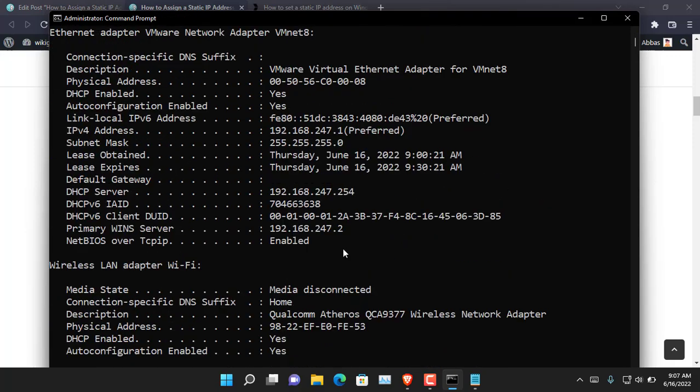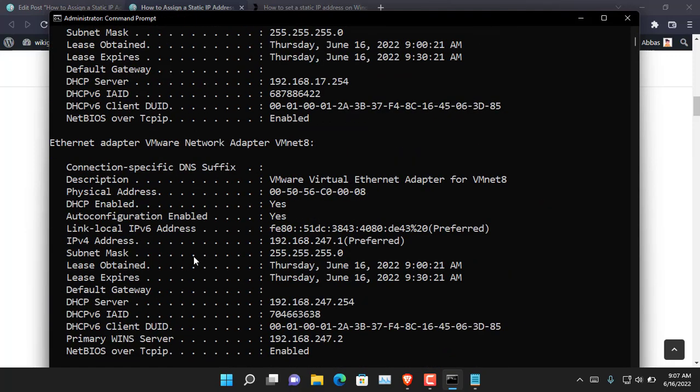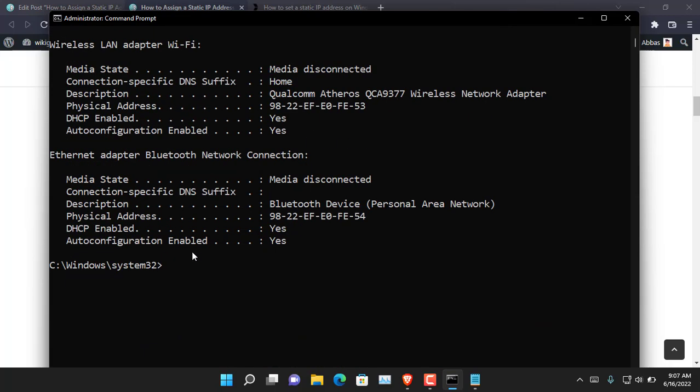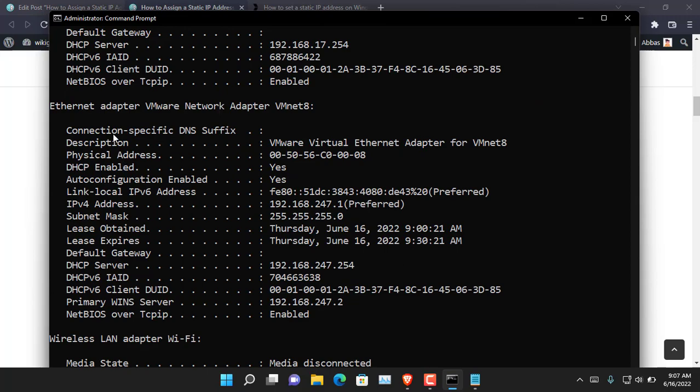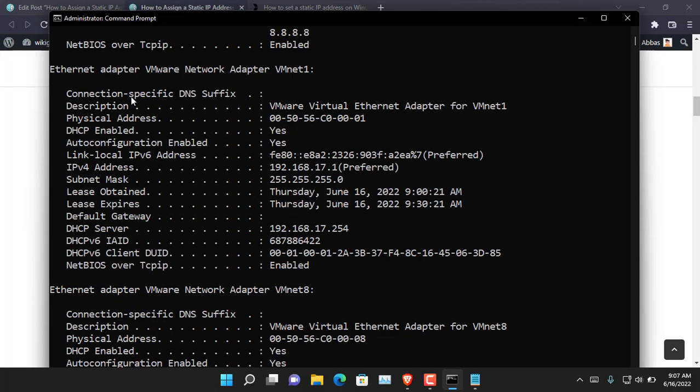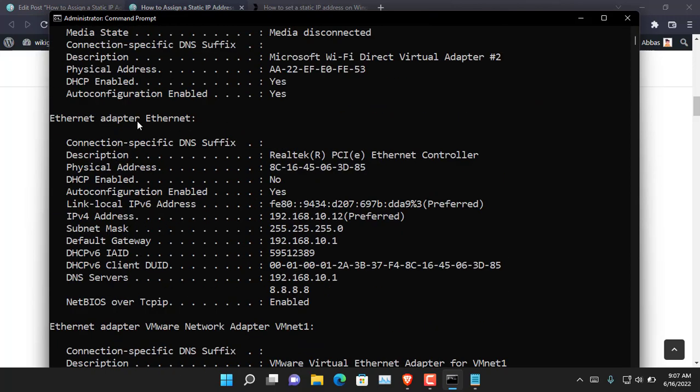Let's go ahead and check the Ethernet adapter details. So where are the Ethernet adapter details? Bluetooth, there is the wireless, VMware, again VMware. Here is the Ethernet adapter. So for now here you can see that